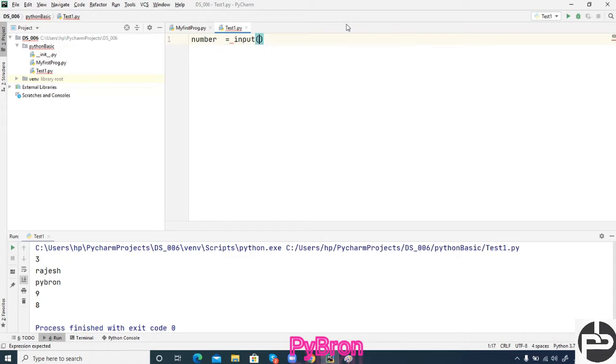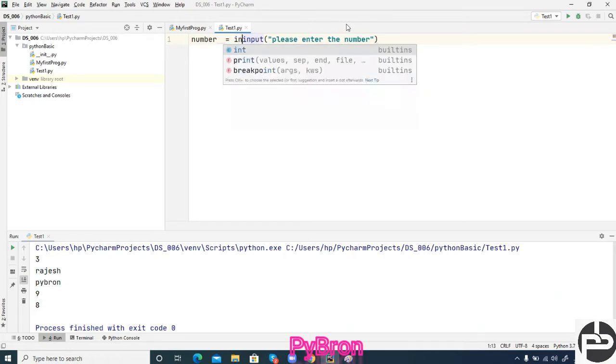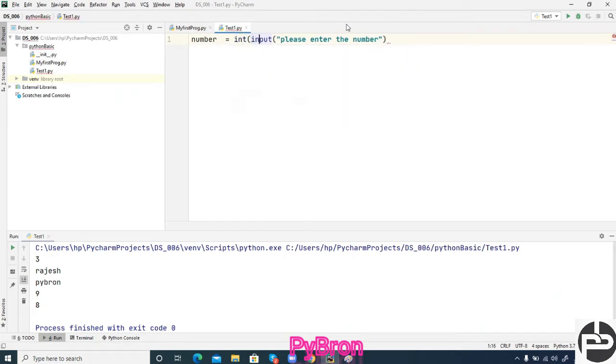So it's a very starting input, and you have to ask the user: please enter the number. And what is the return type of this input method? Can anyone help me? This is the string. So as a programmer, it is our responsibility to convert the string into a number, or sorry, an integer. So we converted it, now the number came. I would like to make it a simple num, that's all.